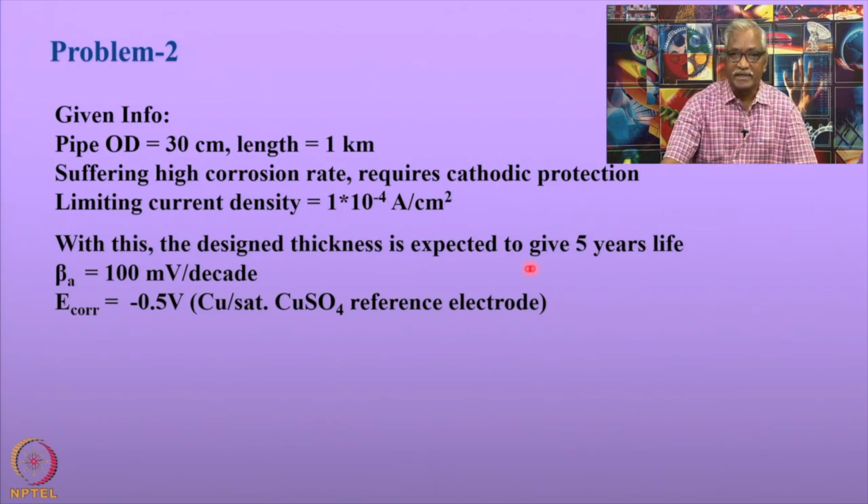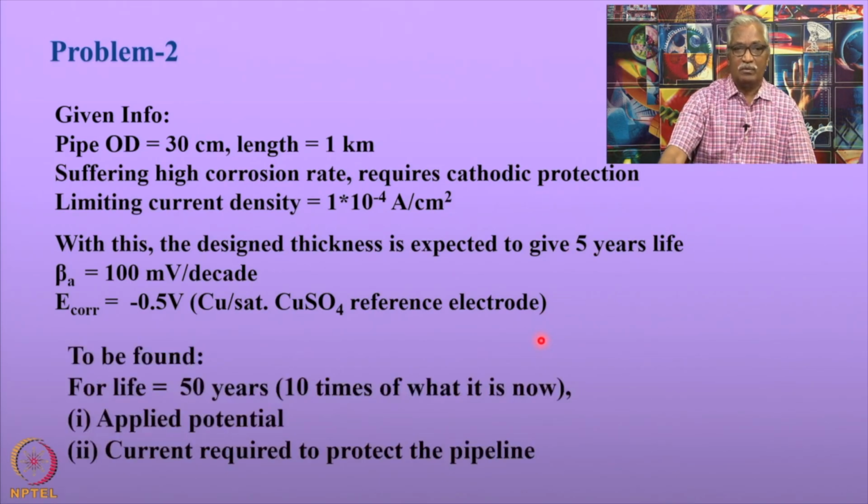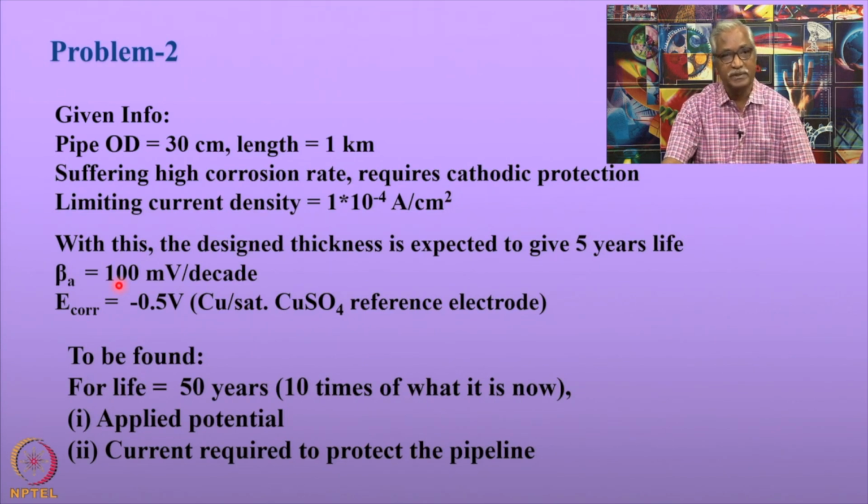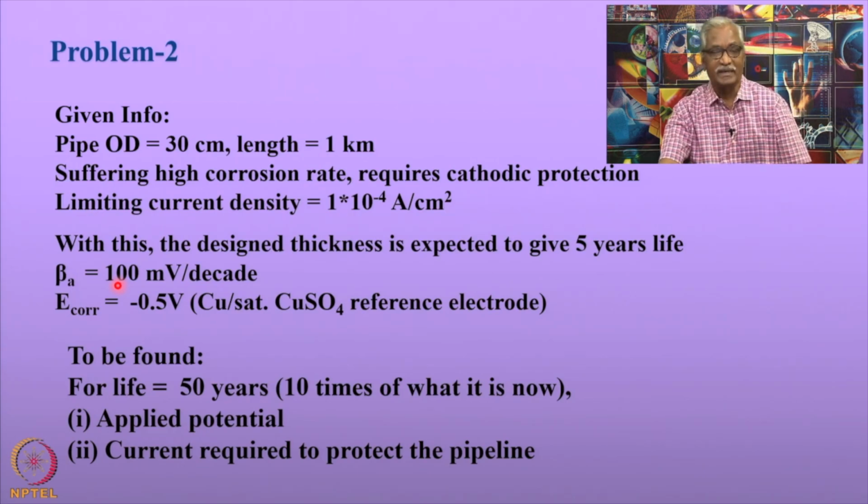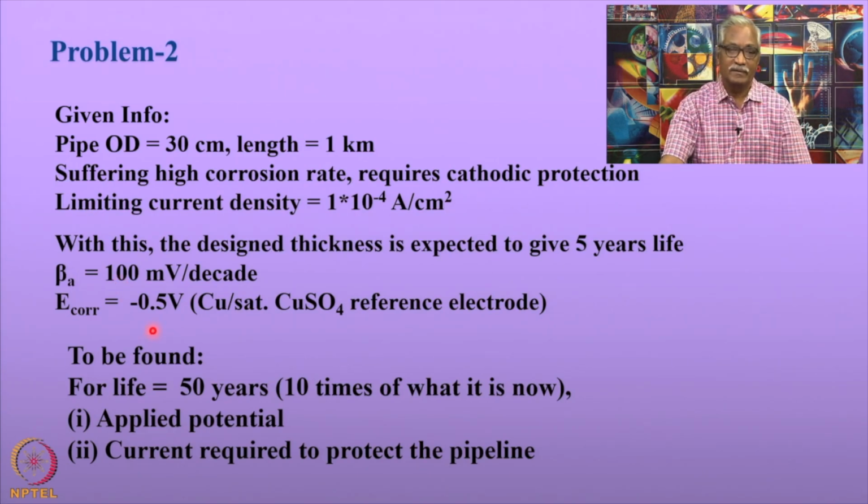So, one would like to increase the life of this structure by 10 times. What should be the applied potentials and what should be the current required to protect the pipeline? Given the Tafel slope, the anodic Tafel slope for the metal dissolution is 100 millivolt per decade, and the pipe to soil potential that is measured